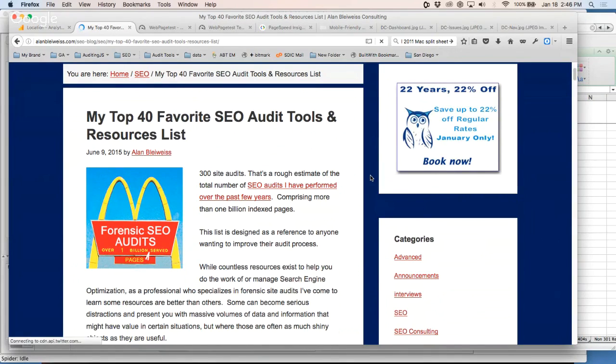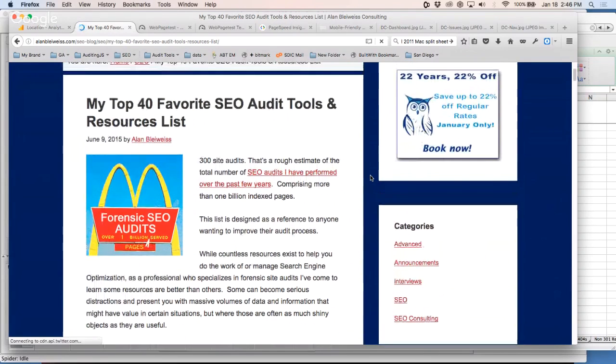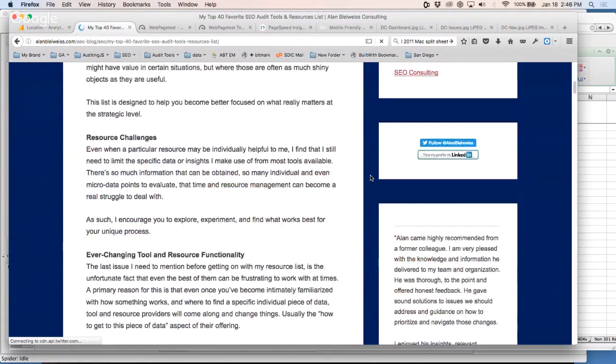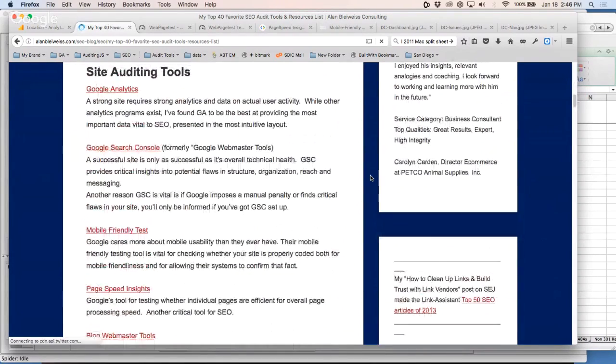I'm trying out tools from time to time. I don't have a lot of time to try another tool out because I'm happy with what I have. But once in a while, I'll add a new one, right? And that's the problem too, Alan, doesn't it seem like there's more and more tools coming out as we progress with how popular SEO is becoming? Yeah, all the time, right? And that's just the nature of the industry we're working in. The beautiful thing is there are tools for everybody's needs, right?